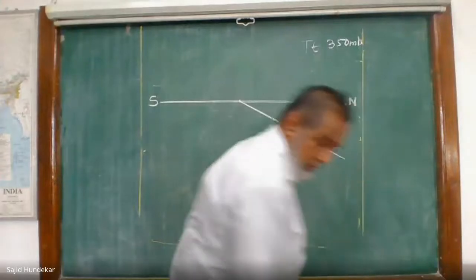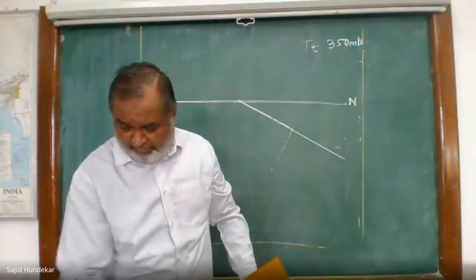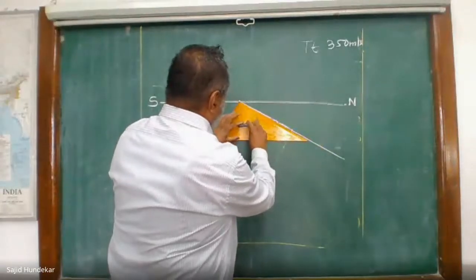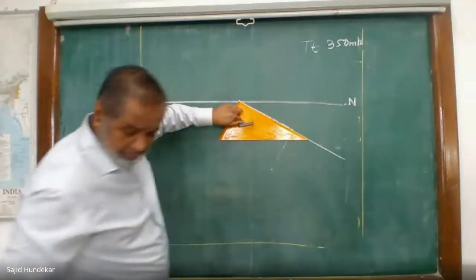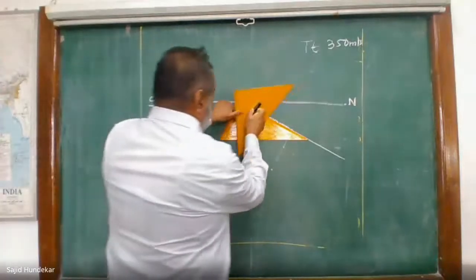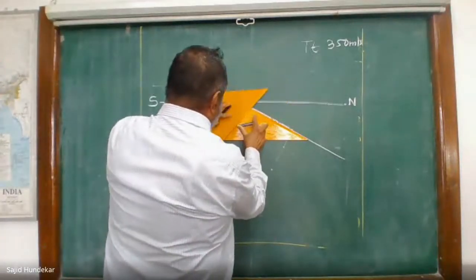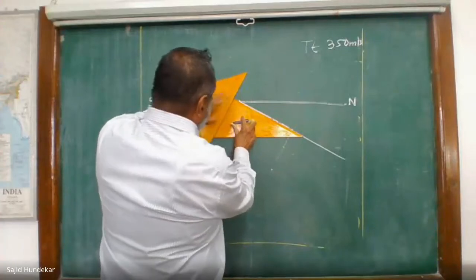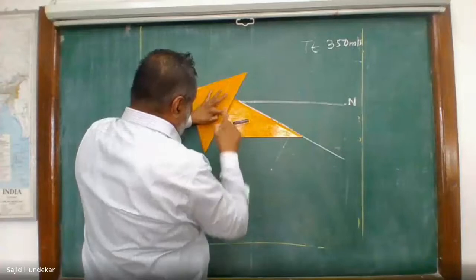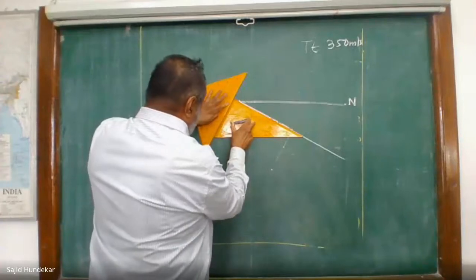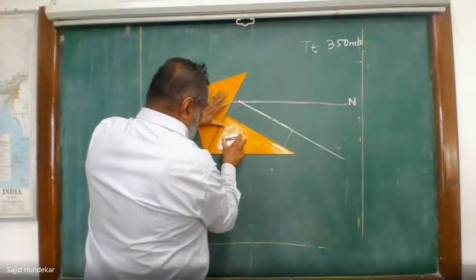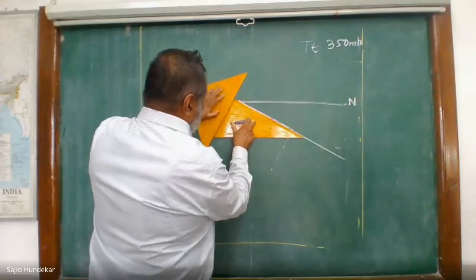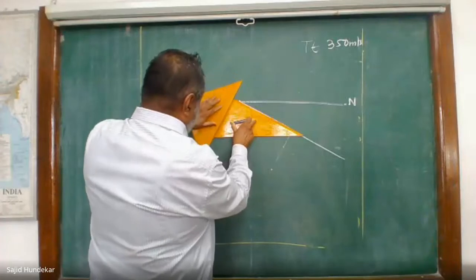You should have the protractor and set square. Now the longest arm you have to keep parallel to this one, and the shortest arm keep on the side. There should not be any space between them. If you go out, no problem. With one finger, hold it, and slowly bring this protractor down till wherever you have the point. If you have any problem, come again and make a parallel.